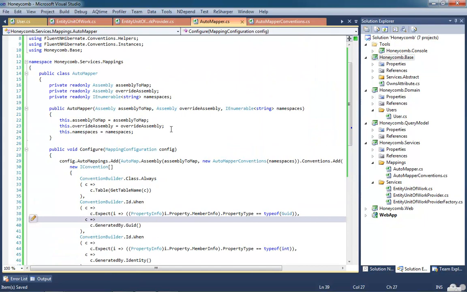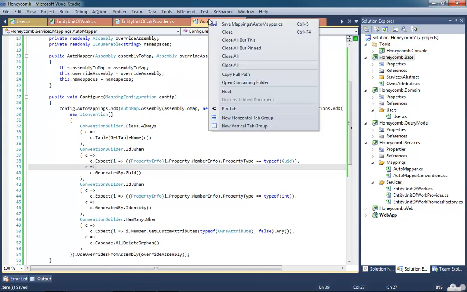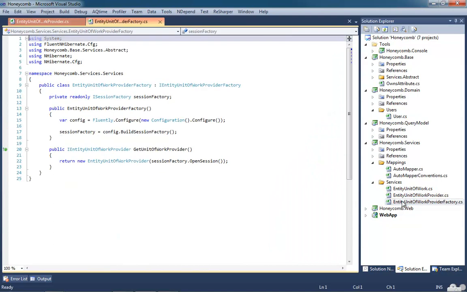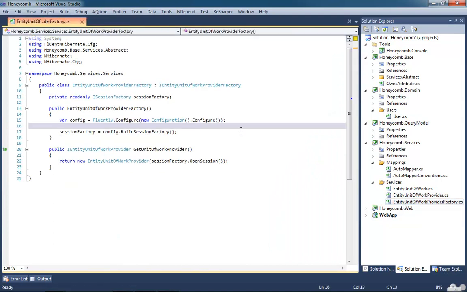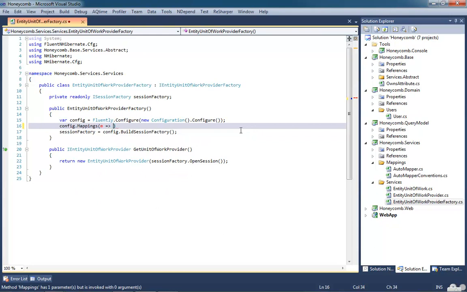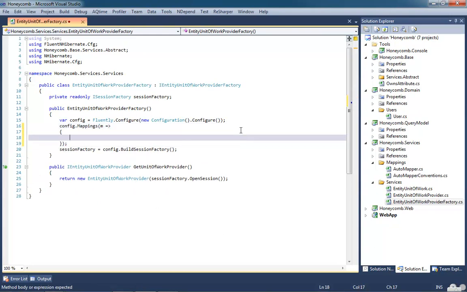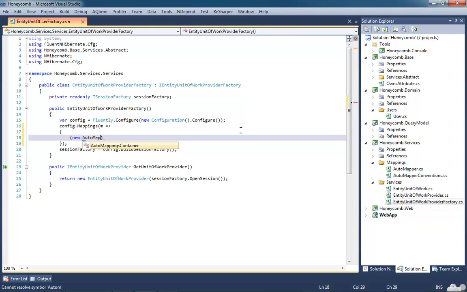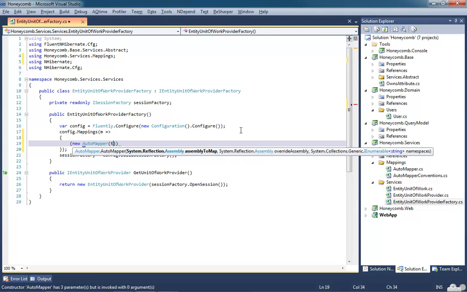So at this point we need to use our AutoMapper to automap both of our assemblies inside of our entity unit work provider factory. So it's going to be config dot something mappings, and then pass in an action. And there's our mapping configuration object that we can now use with our AutoMapper. So new AutoMapper, and then we can do